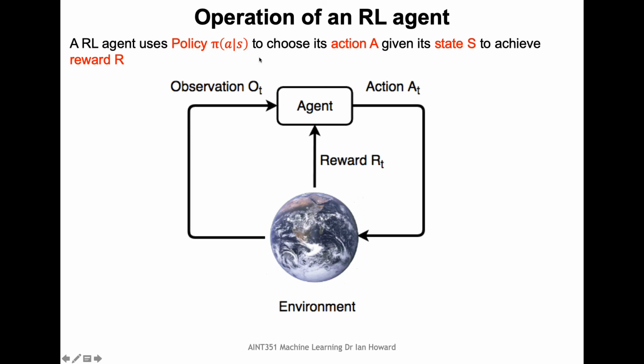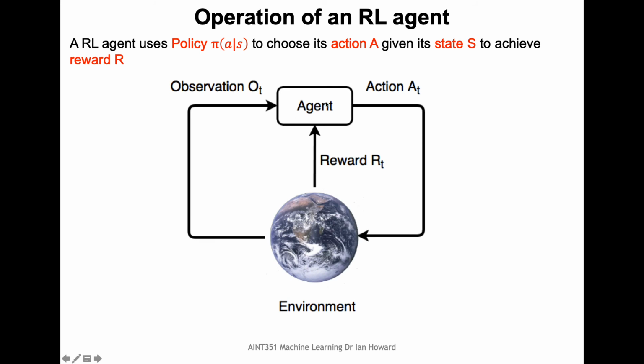So if we've learned a policy and we know the state, we can put it into this equation and it will tell us the probability of which action we should take given the state. It could also be deterministic, in which case it would just tell us one action that we should take. But the idea really is as follows. Then the agent